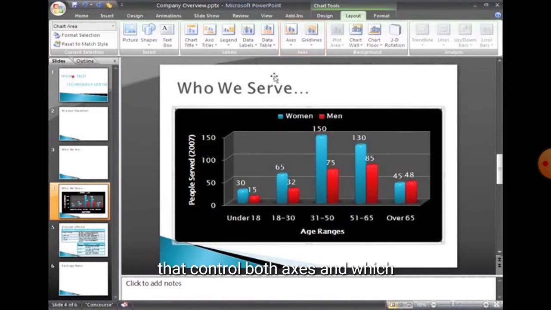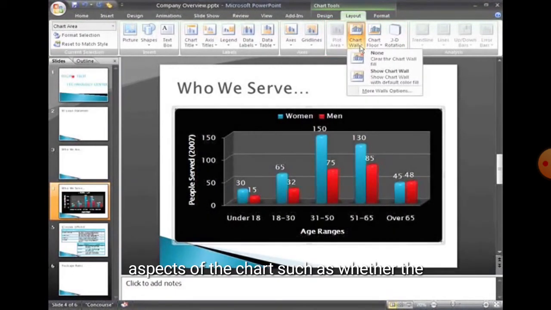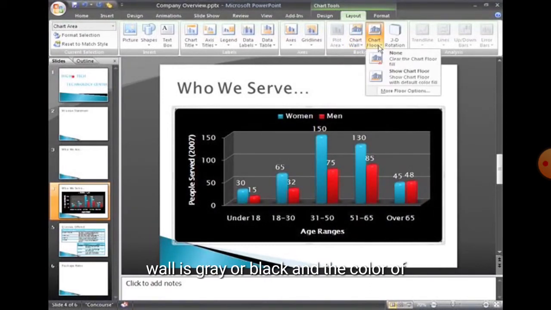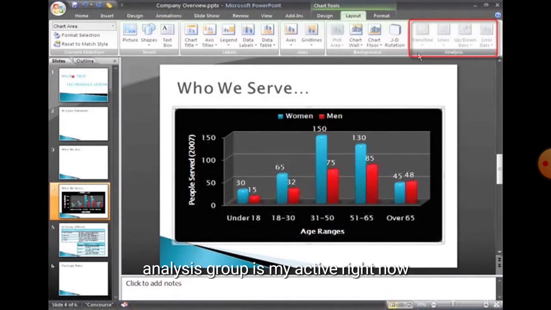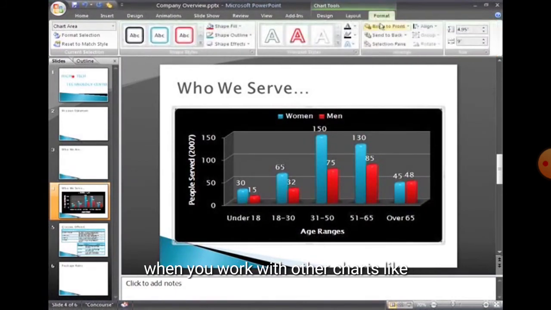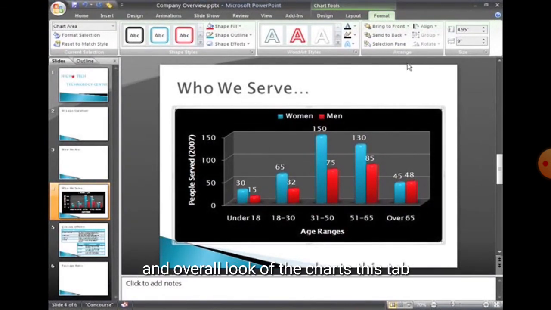And now you can see the areas and grid lines, like the chart wall and chart plot area. If you want to change the chart wall or chart plot, you can choose a different chart layout here. But analysis is not activated unless you select a line type chart, then it will be activated. And here is the format of the charts, meaning you can change the color of the charts and their shape.